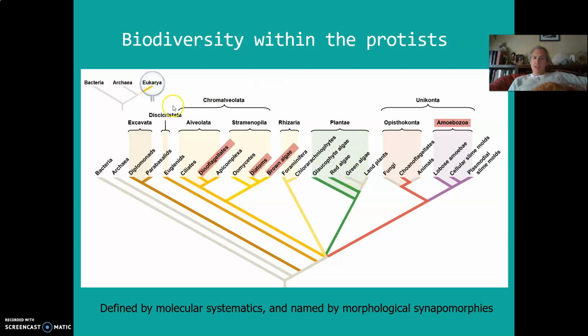And you can see the enormous molecular phylogenetically based cladistics that have defined all the major clades, including these big names like Alveolata, Stramenophiles, Rhizaria, and some you've heard of before, like Plantae. And I don't like this word, but we'll leave that for another day. So basically, everything that's colored in on this phylogeny are the groups called protists.